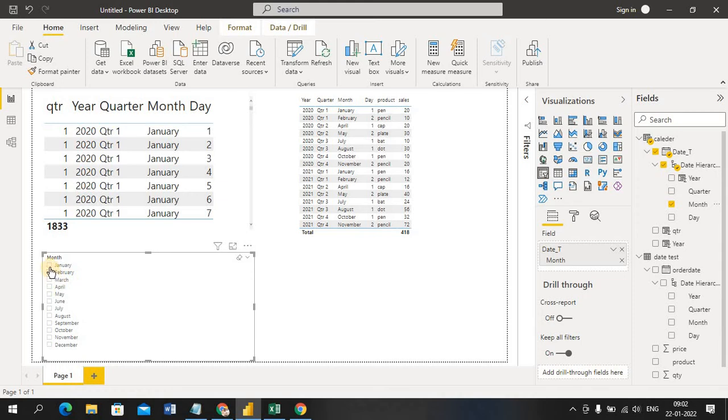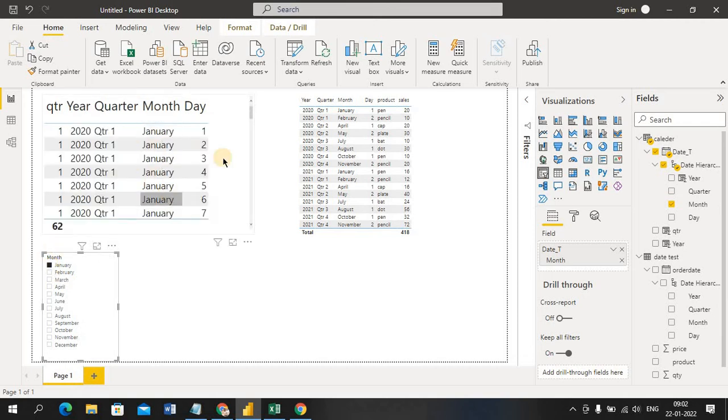If I select this filter, which table reflects the change, this table or this table? If I select this table's column as a filter, which one will highlight here, this one or this one? I mean changes. Anybody? Okay, so I'm selecting Jan.